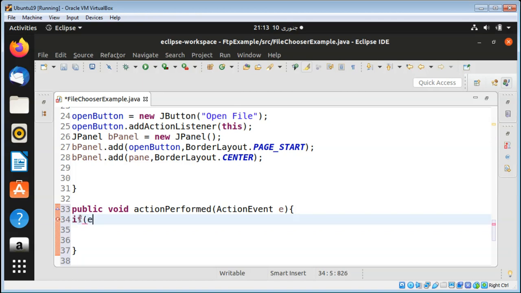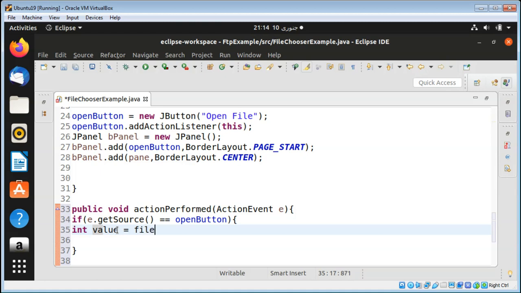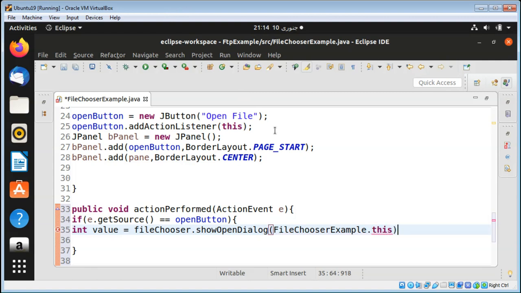If e.getSource(), if the event is coming from the open button, then our value, well, it's a function value, and fileChooser.showOpenDialog, so we can open a file chooser dialog, and passing fileChooserExample.this, the current class reference,